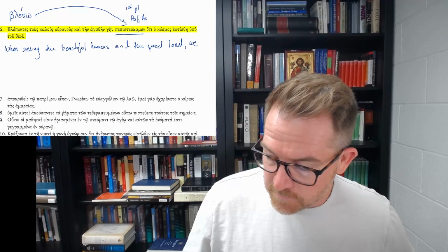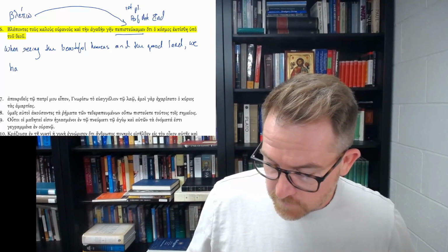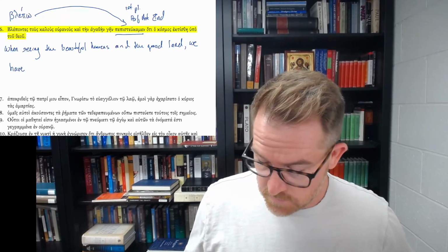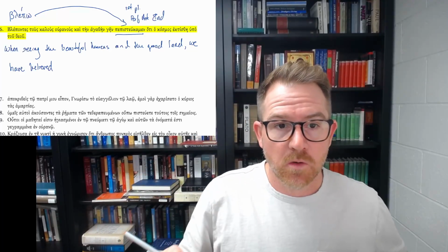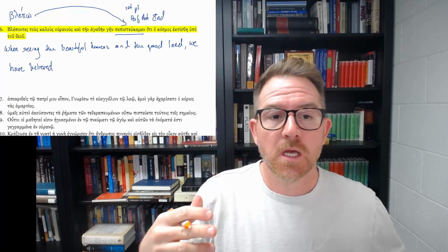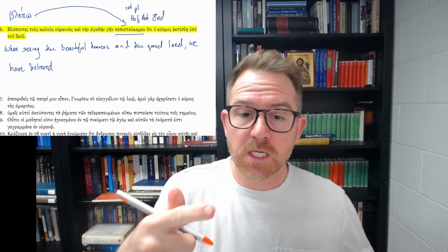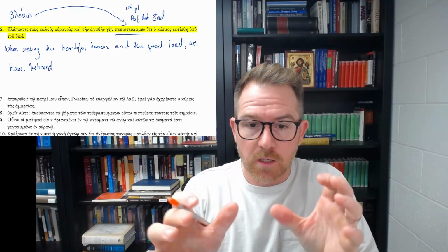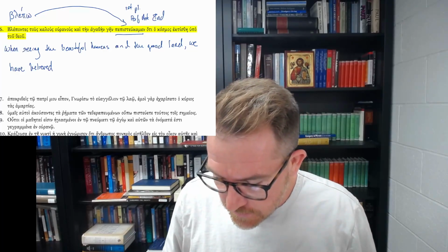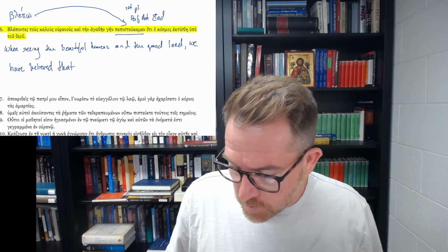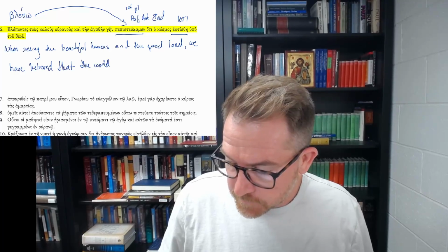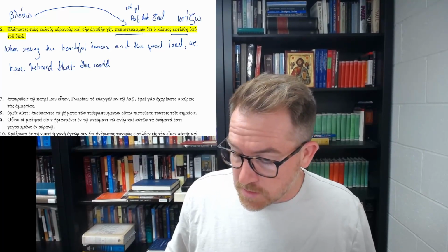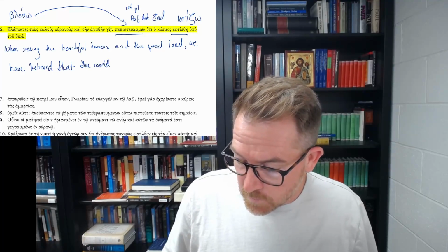first person plural perfect active indicative, we have believed. So, and again, the perfect tense, present state of the past action. So we're in a present state of having believed what? Content of what we believe. Hoti could be because, could be that, but again, when you get these verbs of thinking, of seeing, of speech that are describing content, the hoti is going to mark, oh, what's the content of the belief? We have believed that ho kosmos, the world, ektisthe, this is from the verb ktizo, and this is actually third person singular, aorist passive, was created,